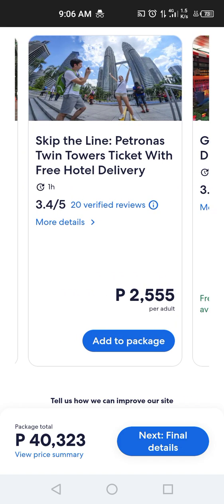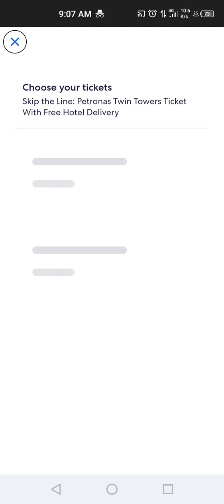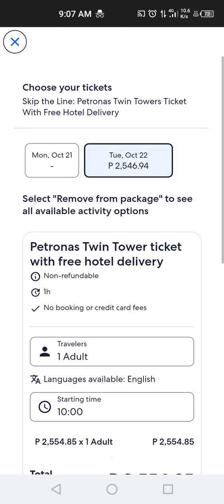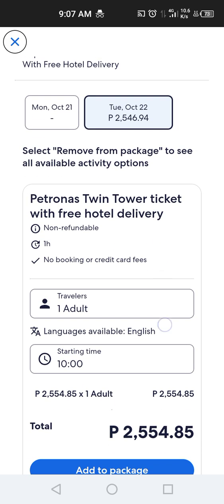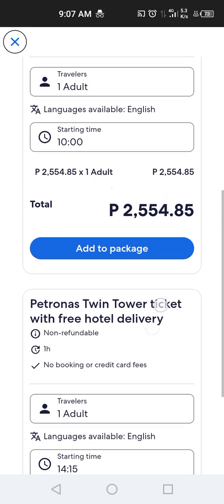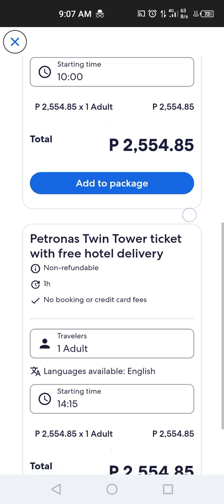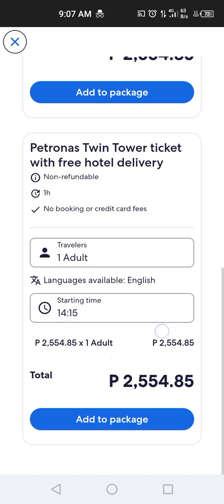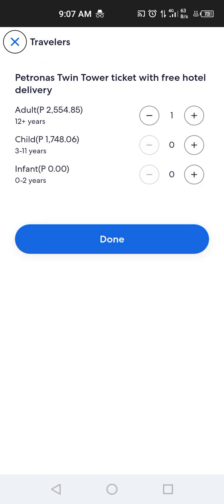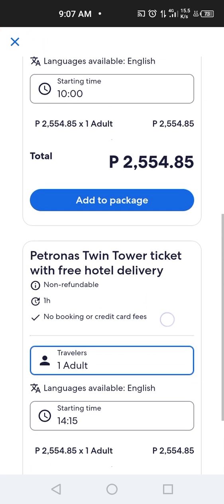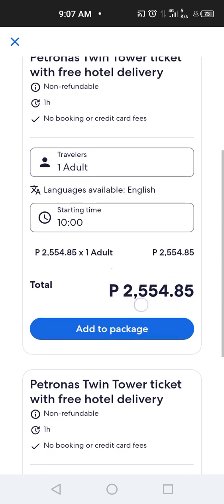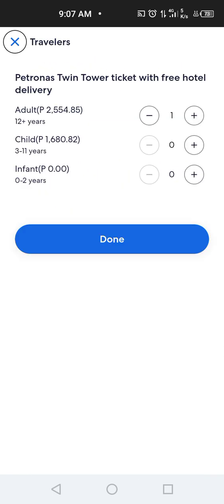Maybe let's go in here. Yeah, for a second day tour. Wait, what's the difference? They're the same though. Lol. Right? They're the same. Okay, they're the same.